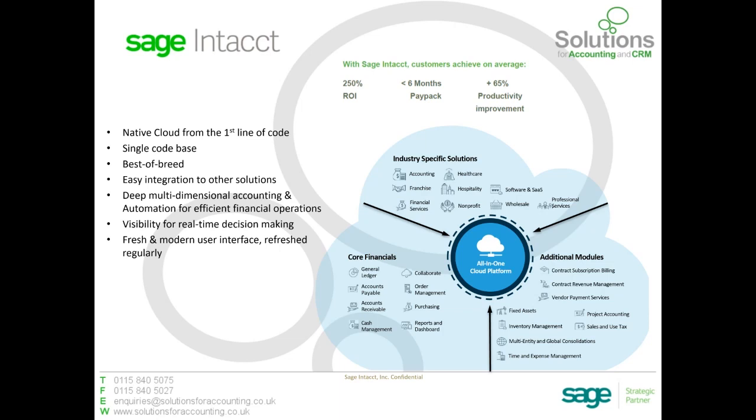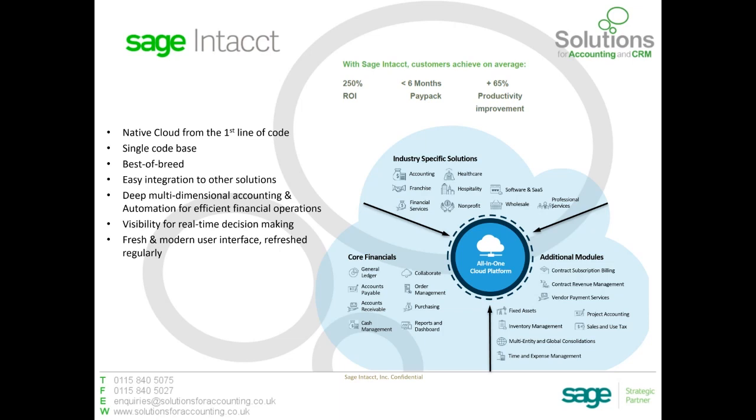Around the core financial system, there are a number of add-on modules, and when I say a number, I mean about 50 variants of different add-ons. There's add-ons to control your fixed assets, there's add-ons to control your spend management, which will in real time compare your budget with your actual spend, and if you are processing something like a purchase order at the time, it's going to look at that order and say, if you were to place this order, it's going to push you over the budget and give you warnings and either allow or disallow you to proceed with that.